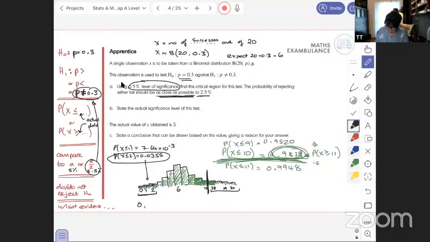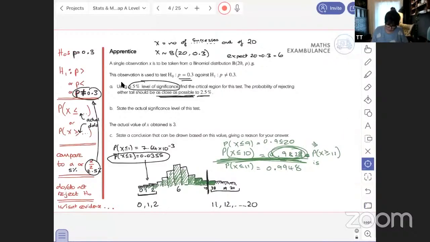So my critical region is 0, 1, 2, 11, 12, all the way up to 20. That's the critical region. And the critical region is the ones which, if I got them when I did my actual test,